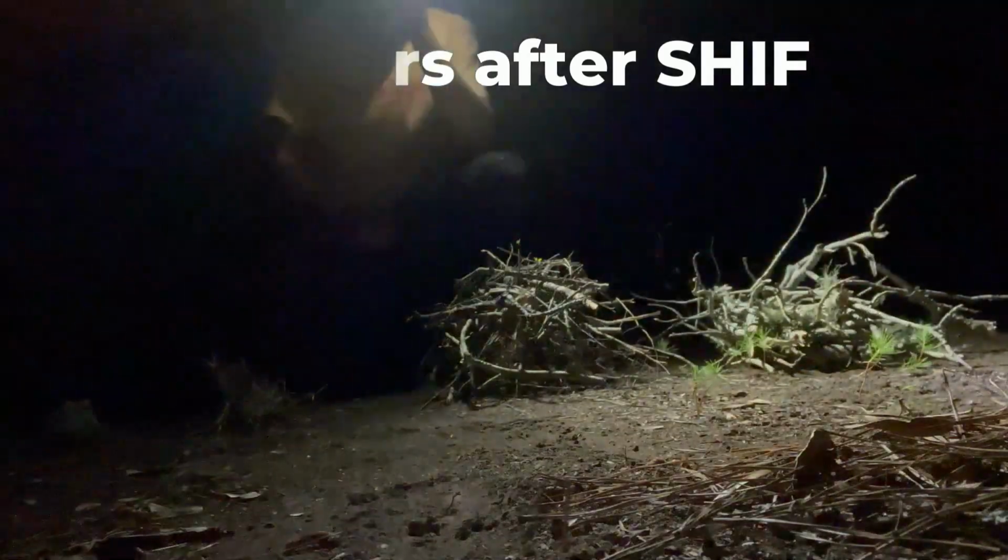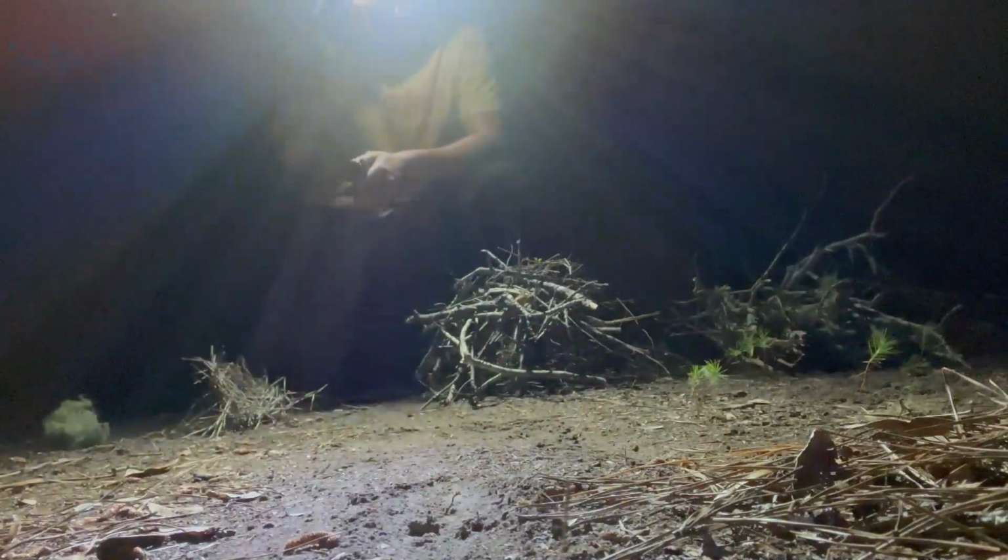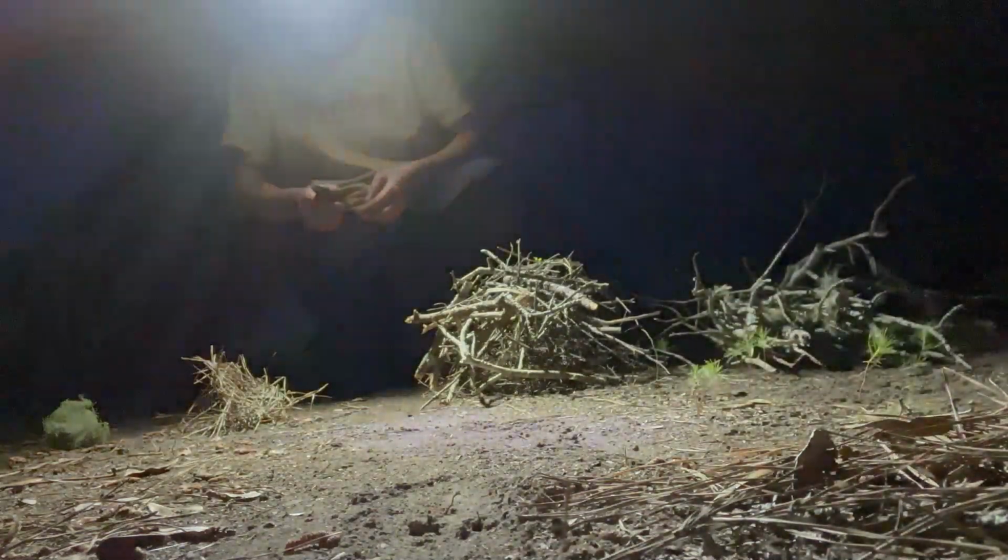Alright, so we just got to what's going to be our campground for tonight at least. We got here real late. Ton of bugs. Let's get rid of them. Let's make a fire. So